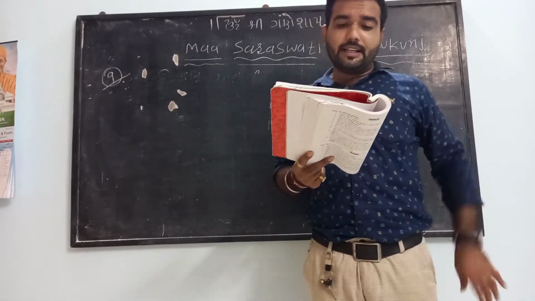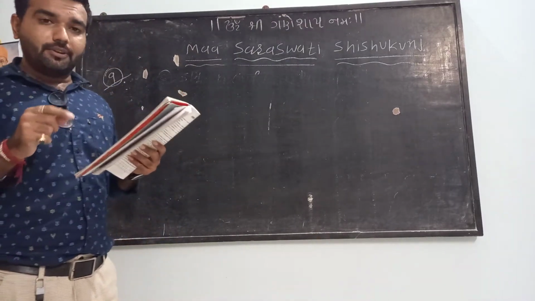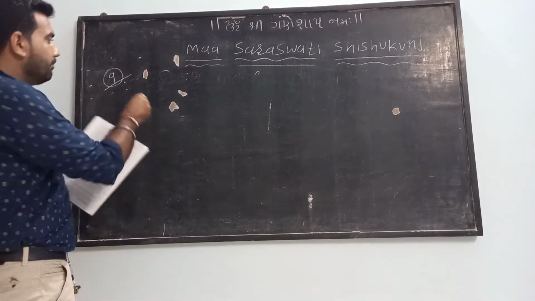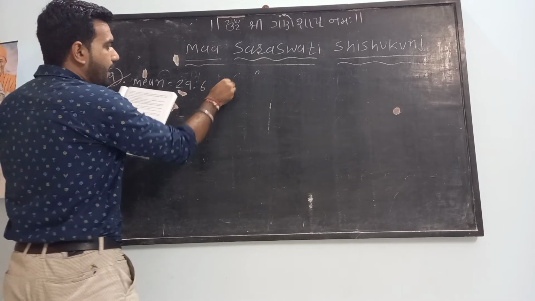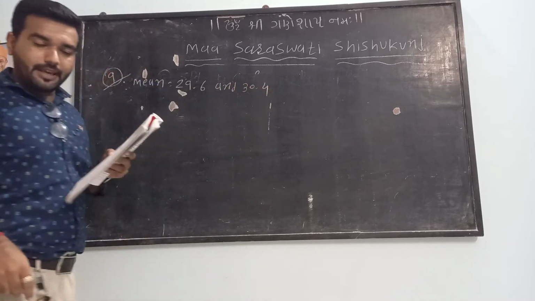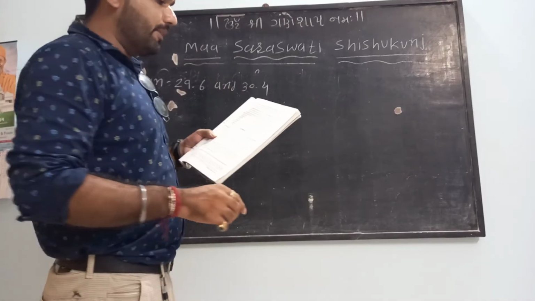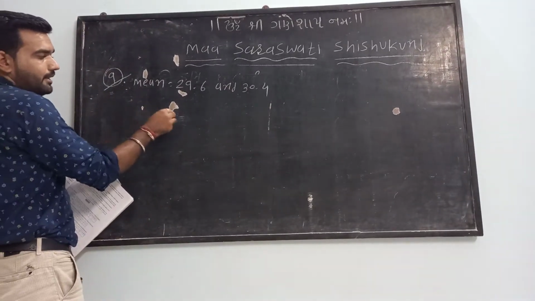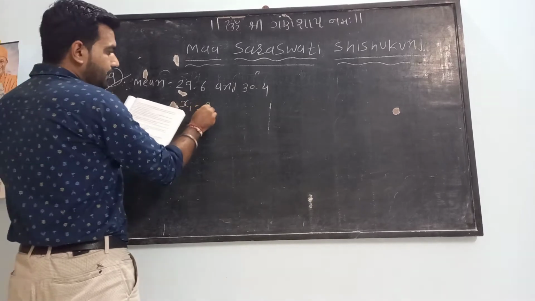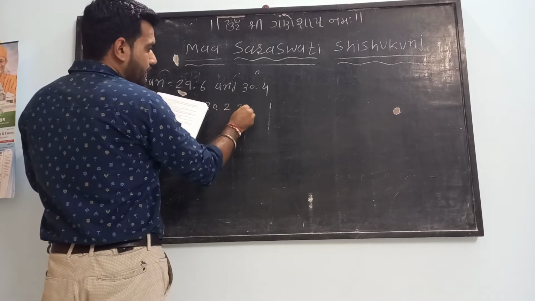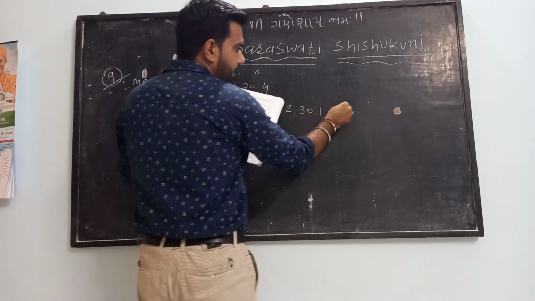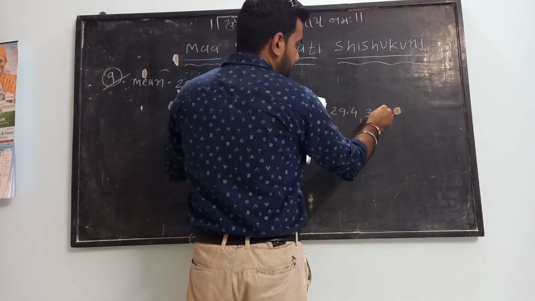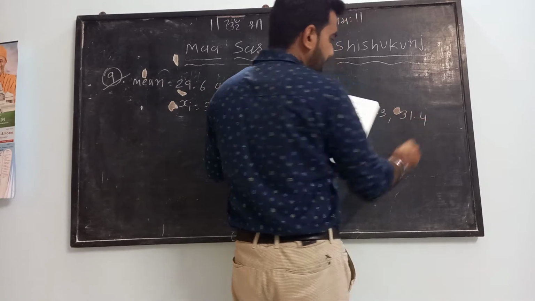The ninth example is here. See, the mean perfume content in the bottles filled by a perfume manufacturer machine should be between 29.6 and 30.4 ml. The 7 bottles tested contain the following perfume. Okay, so here the observations xi are given: 30.2, 28.9, 29.2, 30.1, 29.4, 31.3 and 31.4. So 7 observations.